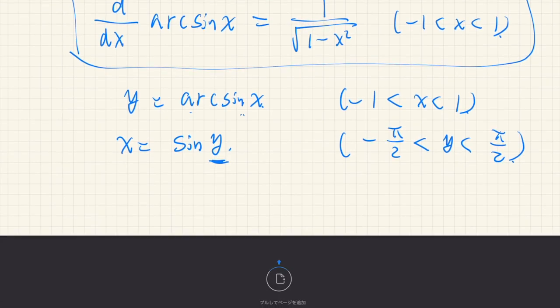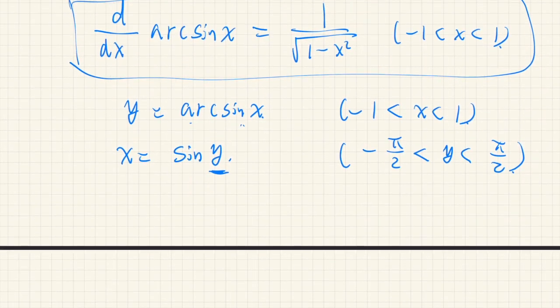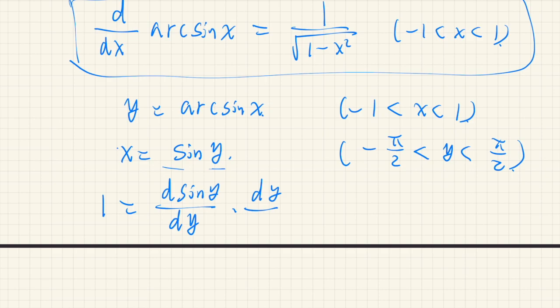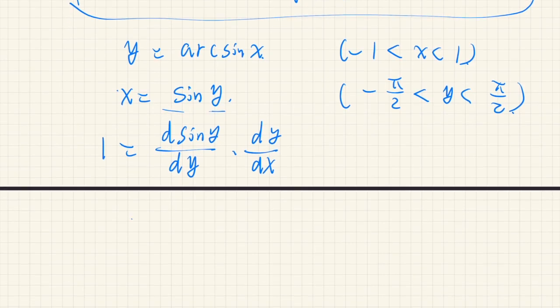Okay, now we apply the derivative. Find the derivative of both sides of this. If we differentiate both sides with respect to x, then we have 1 equal to, if we apply the chain rule, sine y dy dx. And this term is cosine y. And dy dx,